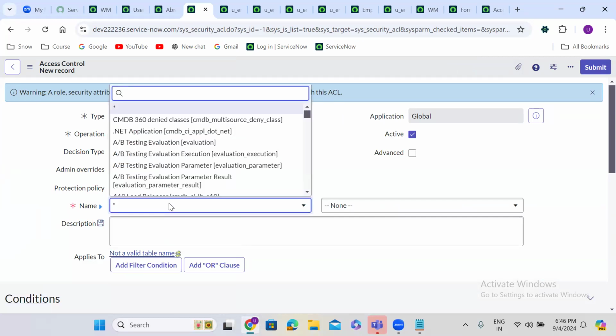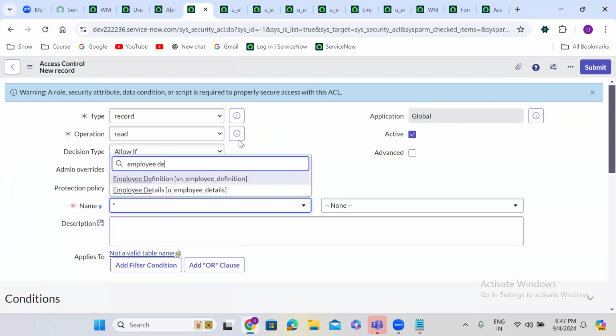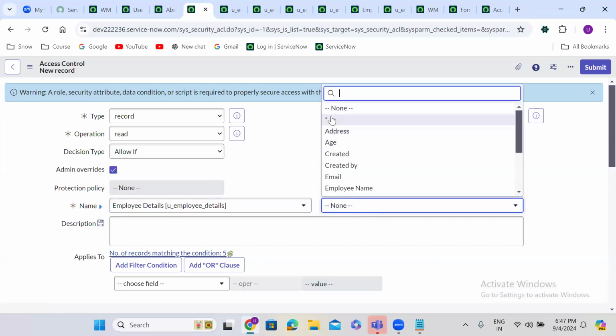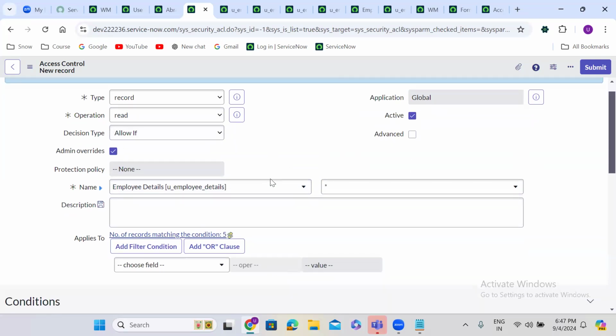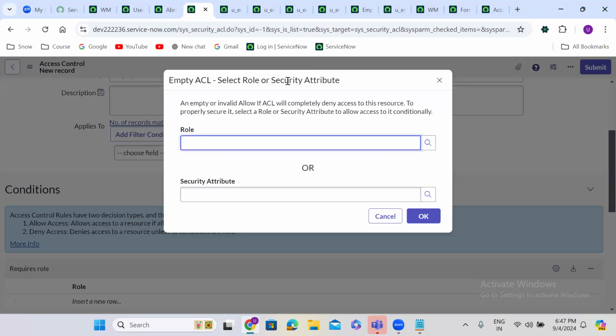Employee details, every field. Star means every field, guys. So every field permission I am restricting it to